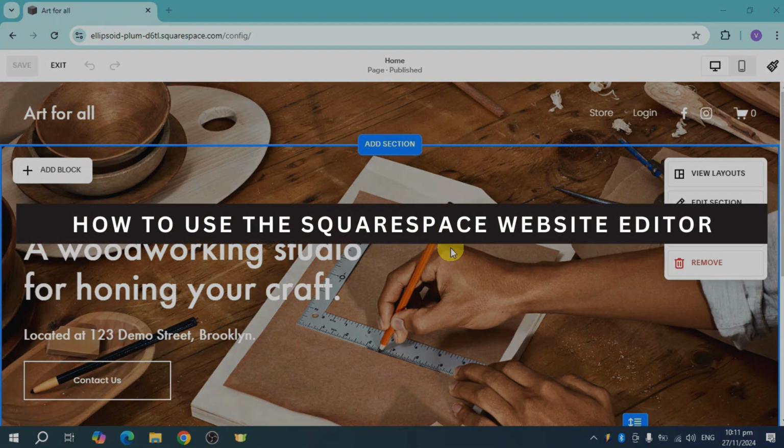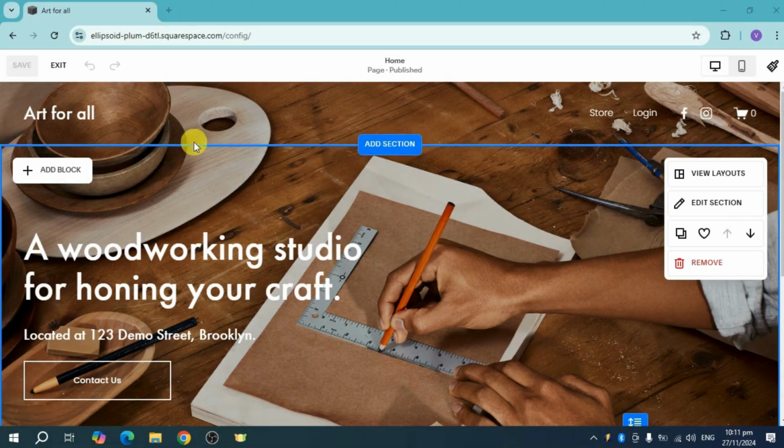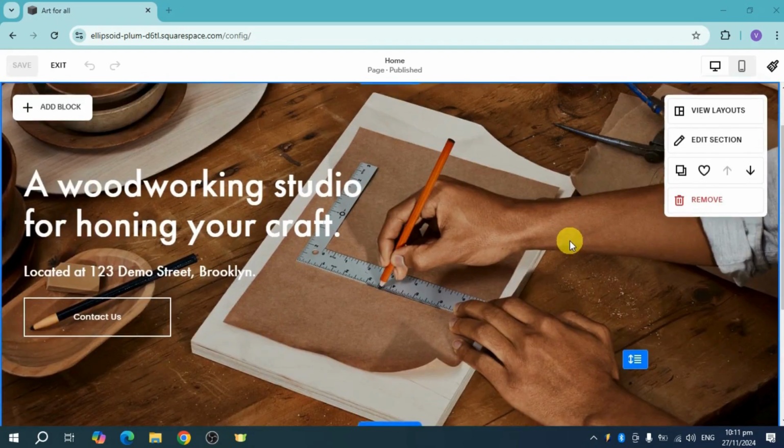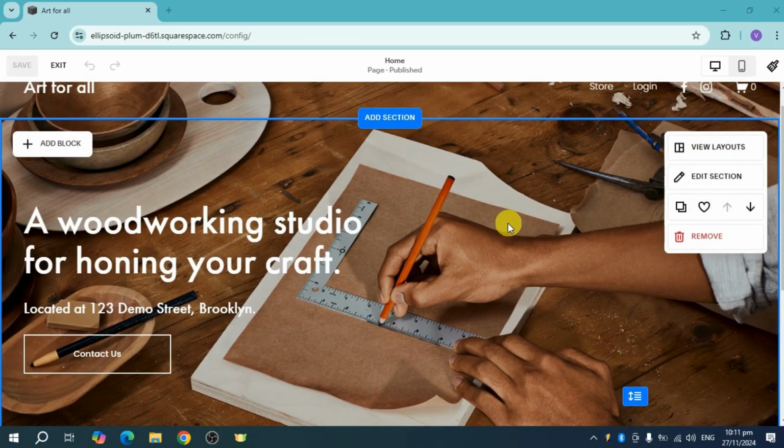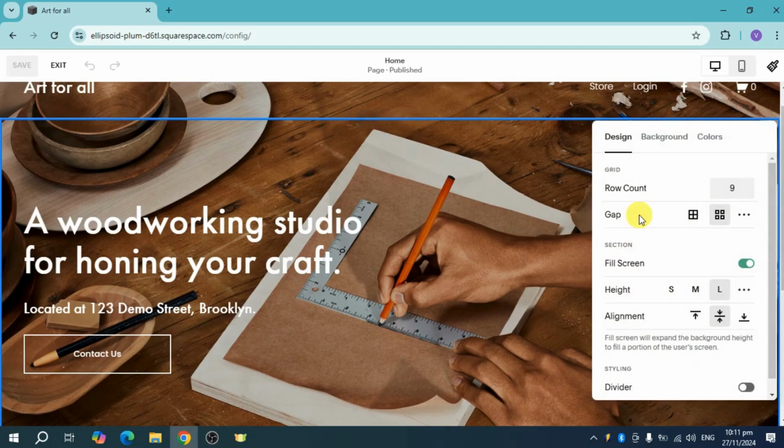How to use the Squarespace website editor. So we have in here a Squarespace website editor. So we can see in here that we have this section. If you want to edit this section, just click on this edit section option and you can see in here